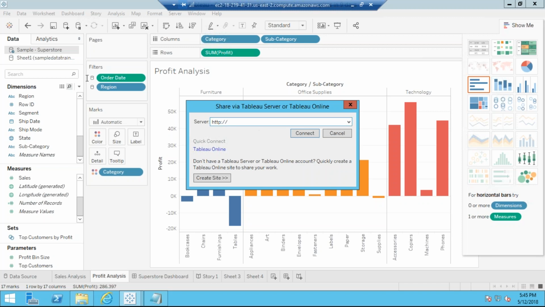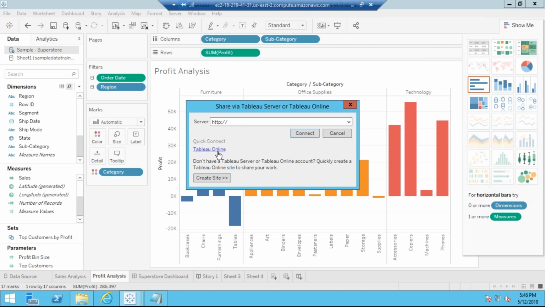Everything will remain the same. From developer mode, nothing is different. If you are just a developer, for you nothing is different. You will be using this desktop version. You will create reports here the way I am doing right now. Everything will remain the same. Only when you save it, when you publish it, you have the option to publish. If you're using server, then you will be publishing it on the server side. If you have online, you will click on online.